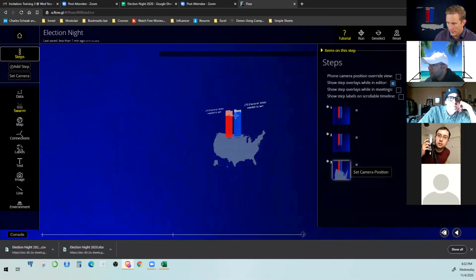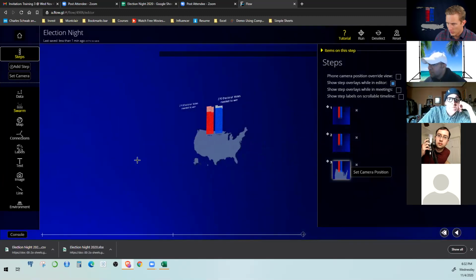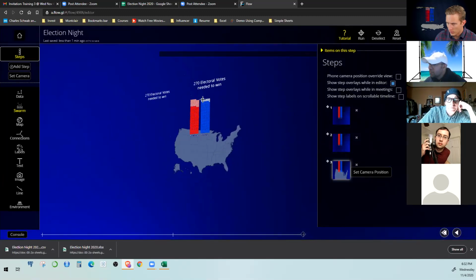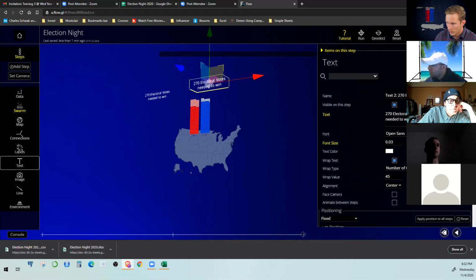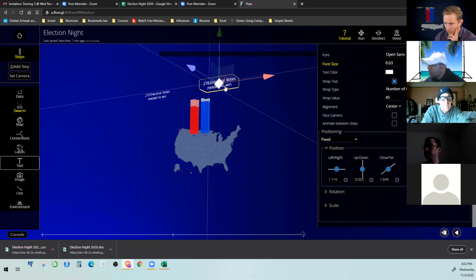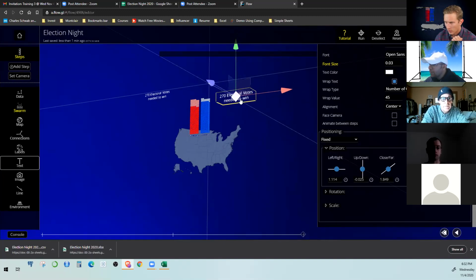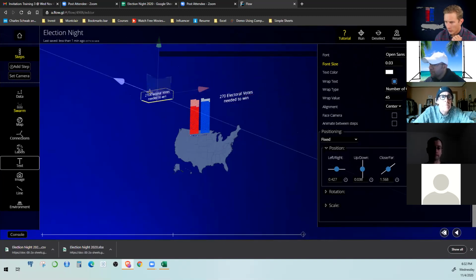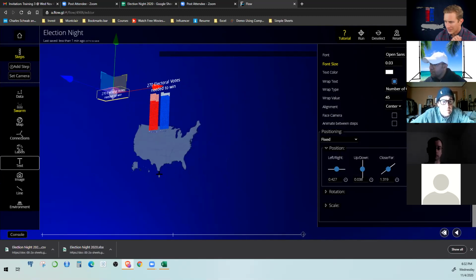And then if you select that text again and scroll down. Okay, so it says fixed position. So if you move the text around, okay, so it's moving independently now, right? Yeah. Okay. So for whatever reason, the positioning was being set to